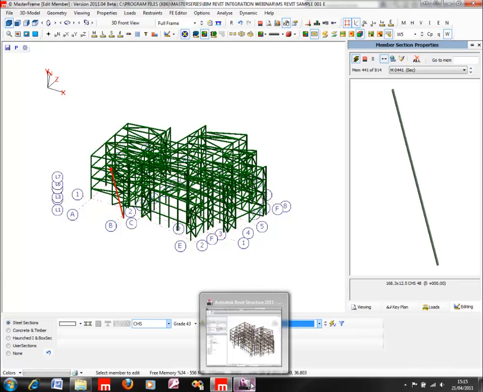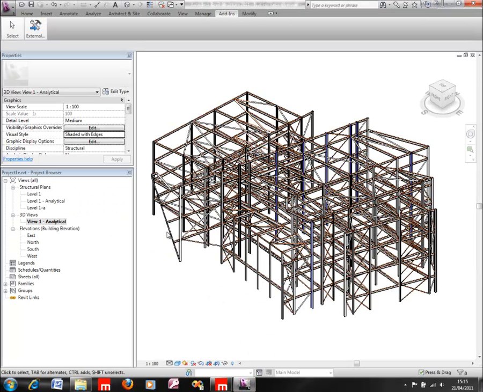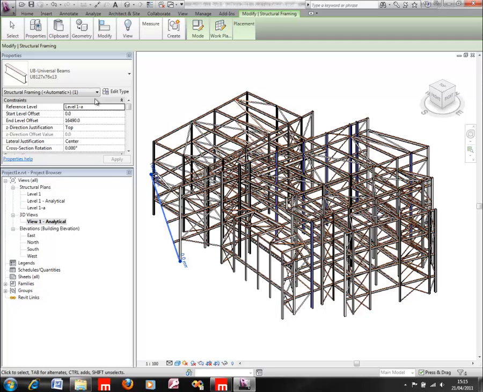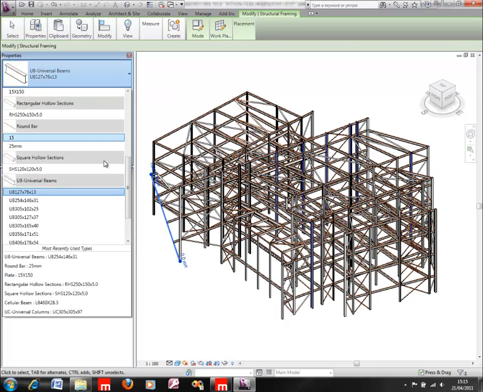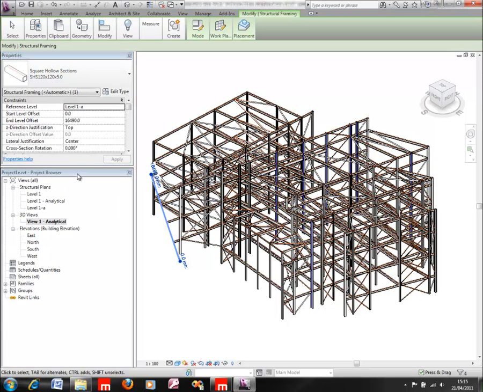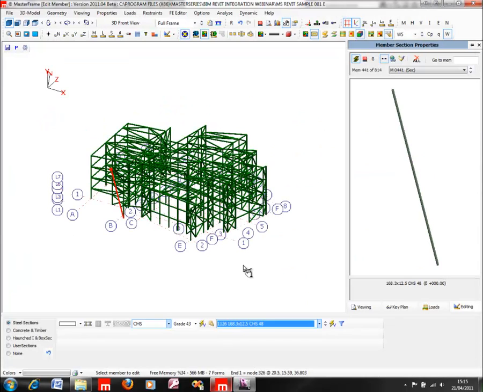And perhaps in the meantime we might also come back to Revit and change that section to something else from its current section, we'll make that simply another square hollow section, a 120 by 120 by 5, and saving that, and back to MasterSeries,